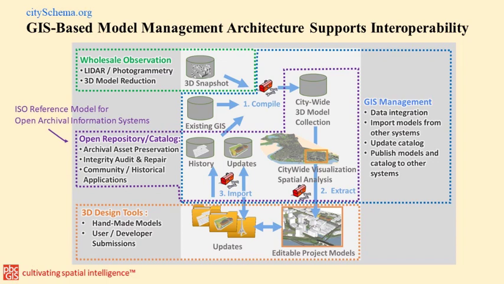This is all managed with the geographic information system. We're using ArcGIS Pro right now to compile the city model using a variety of sources. Mainly, we're using wholesale observations such as LiDAR, 3D photogrammetry, model reduction tools that create streamlined 3D models from photogrammetry